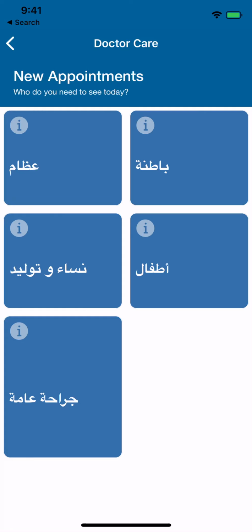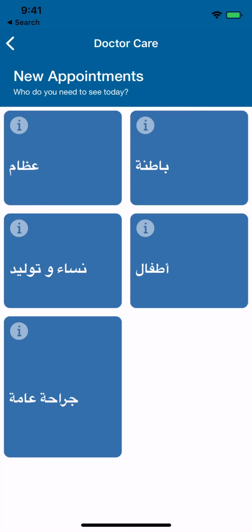I just tap on the plus button and we will get the list of departments in the doctor panel. We currently have five major departments here.